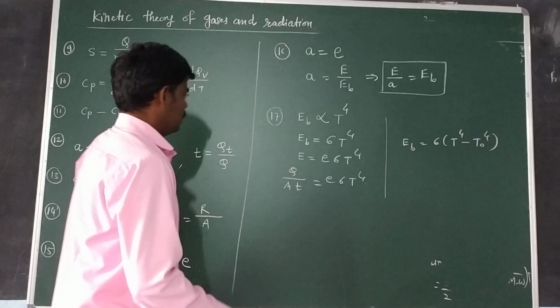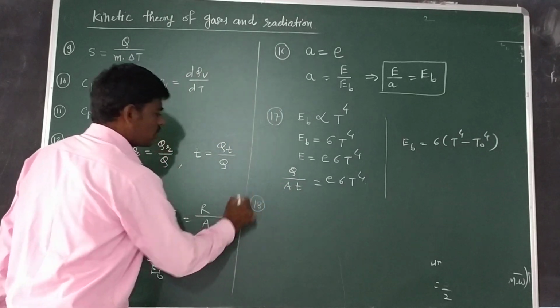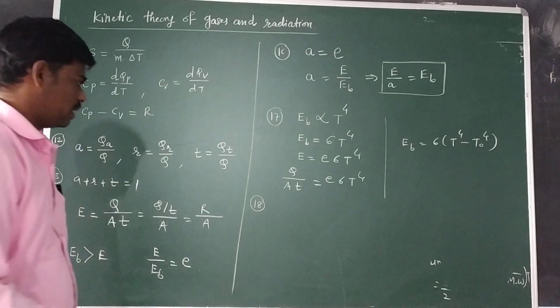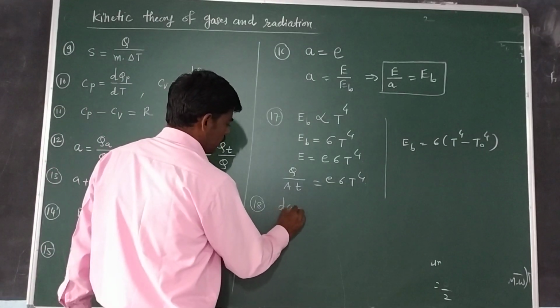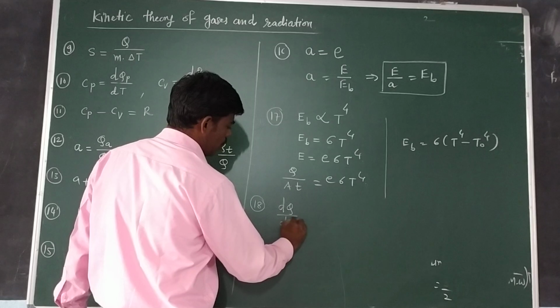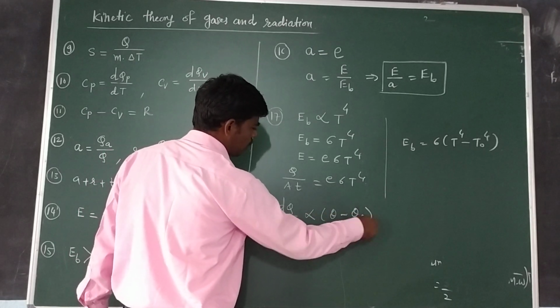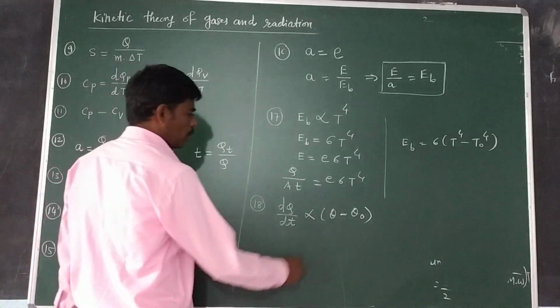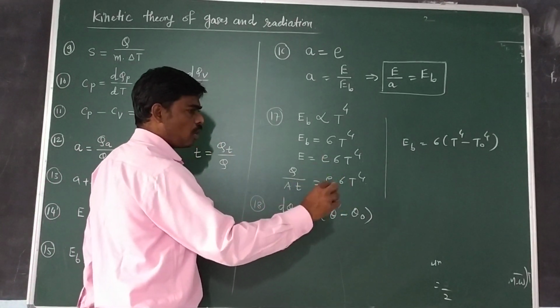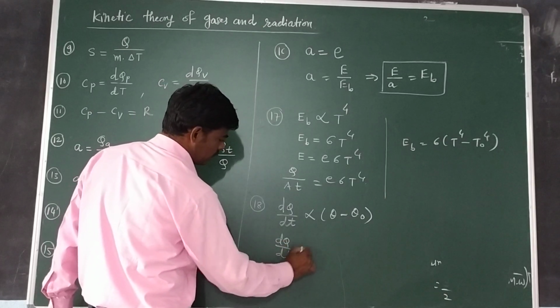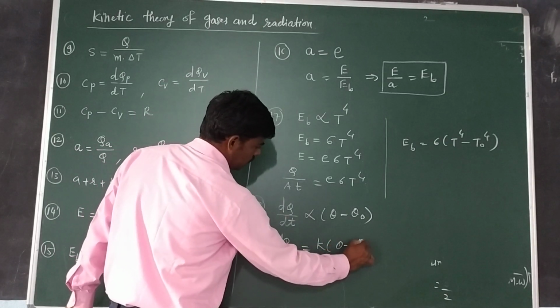Then the last important law of radiation is Newton's law of radiation. According to Newton's law, dQ by dt, the rate of loss of heat, is directly proportional to the excess temperature of the body over the surrounding, provided that this excess should be small. It is near about 50 degrees Celsius. So dQ by dt is a constant times theta minus